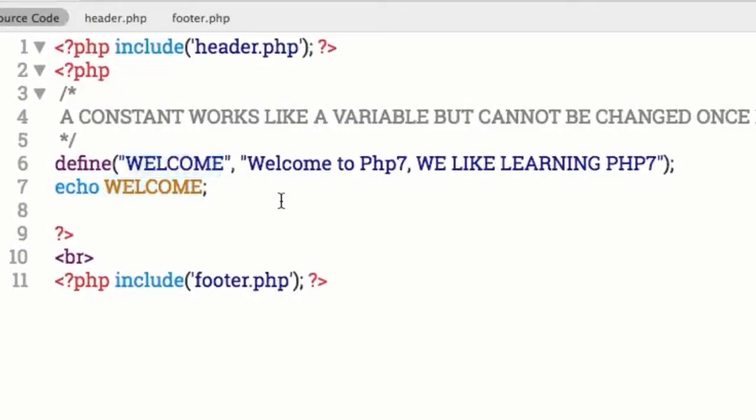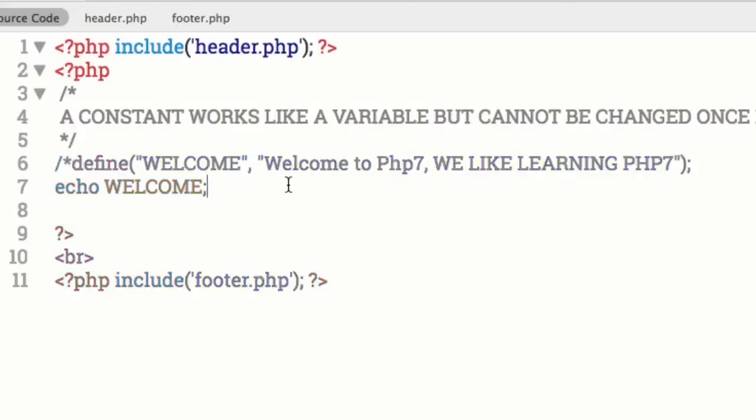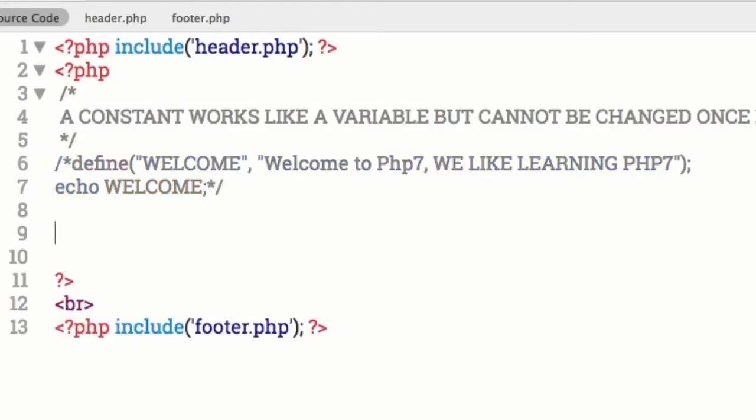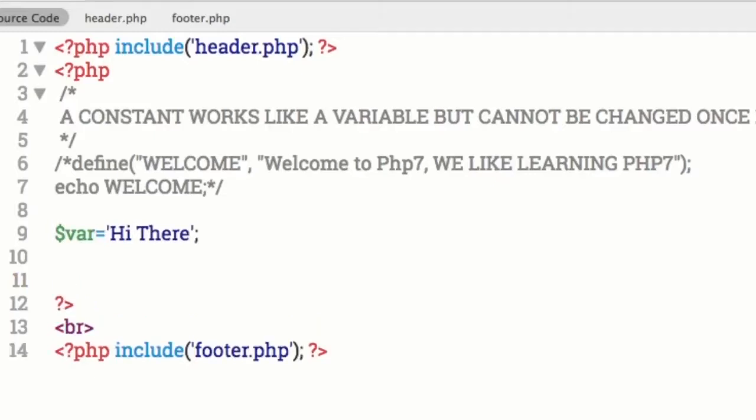Now, what do I mean by that it cannot be changed? Well, first of all, let's go with a variable. I'm going to comment this out, and let me show you what I mean in a variable. So we'll put $var equal, or set, to single quotes, hi there. And then right here we will echo out